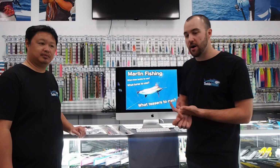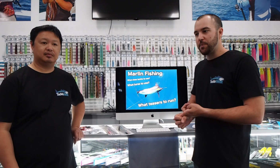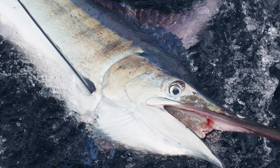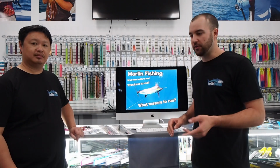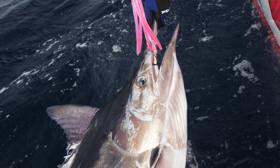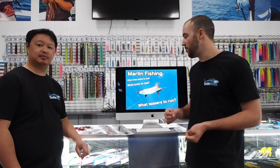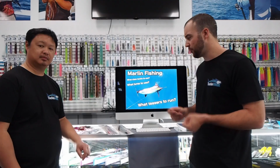You just want to set yourself up with the right gear. Especially with marlin fishing, if you haven't done a lot of it, you don't really need a lot of gear. Normally I'll only fish with 2 or 3 rods out. You don't want to fish with too many. A lot of these guys put 5 rods out and 2 teasers. They make it really difficult for themselves. If you're just getting into it, I'd fish with 2 rods and maybe 2 teasers. It's easy to clear the deck. You only want to catch 1 fish at a time, and generally you only ever do. So what I would be fishing with is 2 different coloured lures